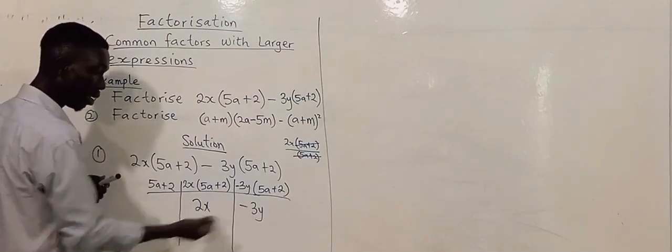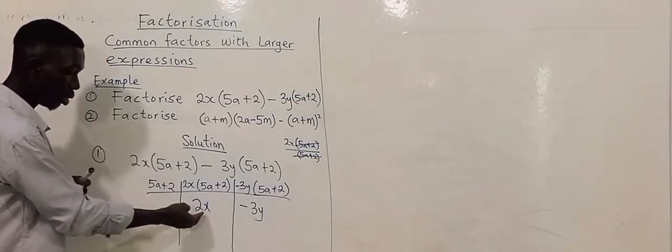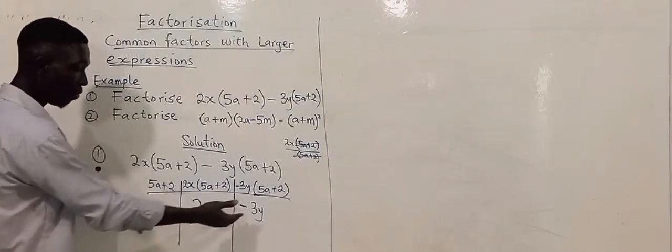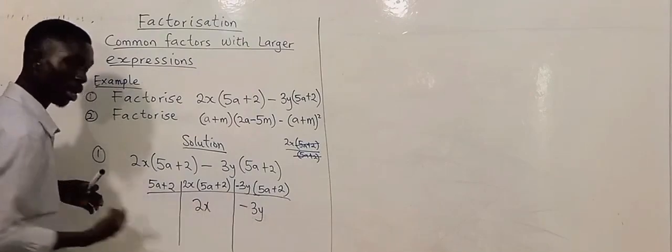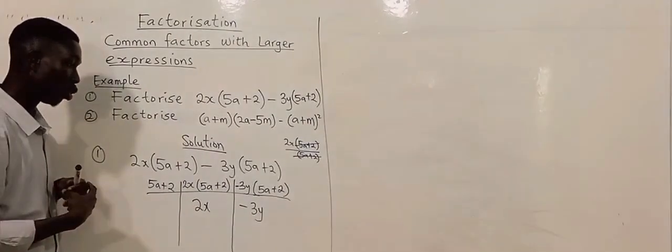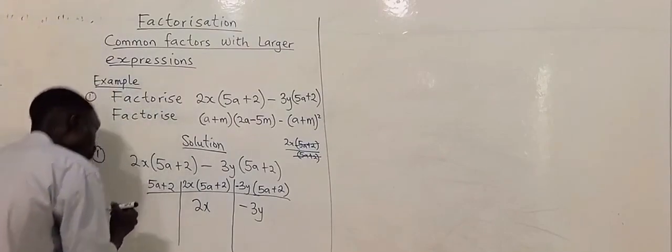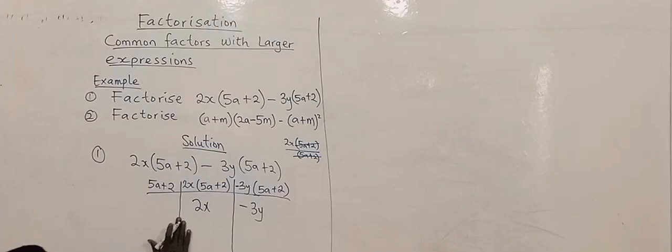What can divide them at the same time? Looking at this, nothing can divide this term and this term at the same time. And so we conclude by saying that